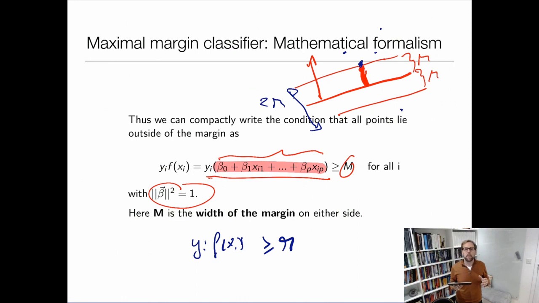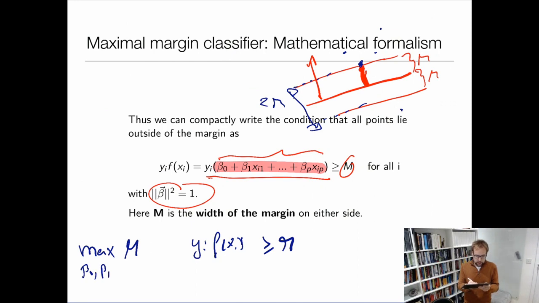So this is exactly the condition which I need, and now it's getting a bit cluttered here, but effectively my optimization problem for finding the maximum margin classifier would just be: maximize the margin. Well, really I want to maximize two margins, but that's the same as maximizing the margin. So I want to maximize this margin around the plane over all my coefficients, beta 0, beta 1 and so on,